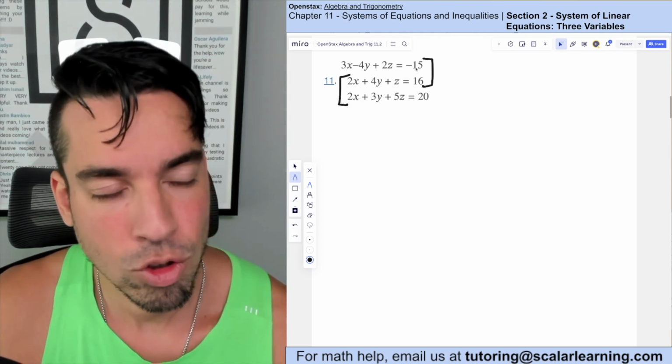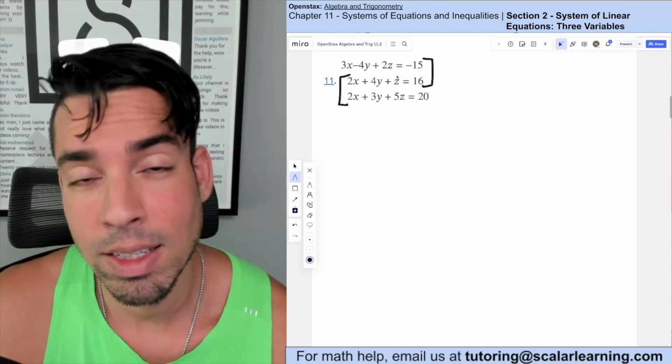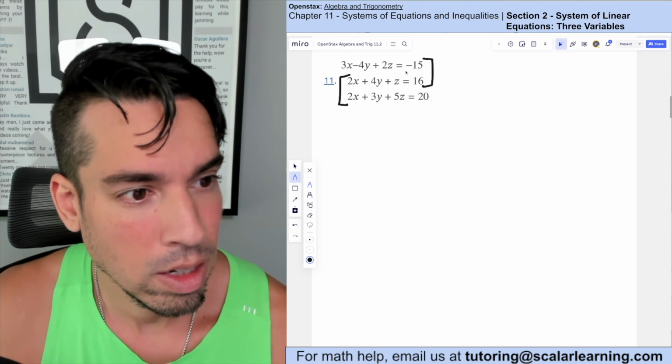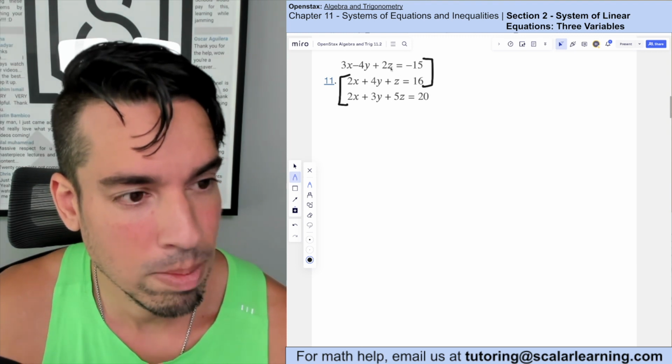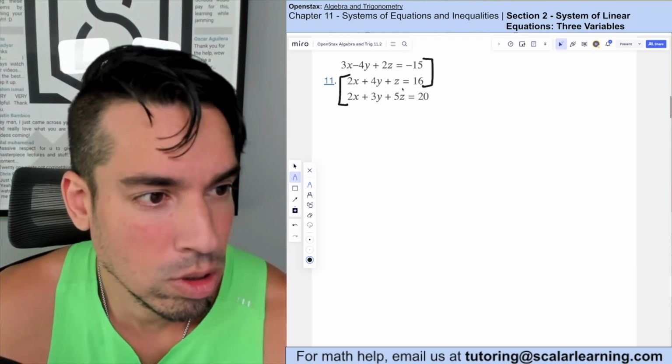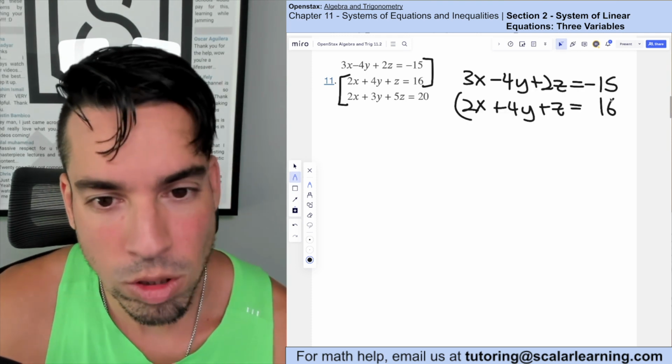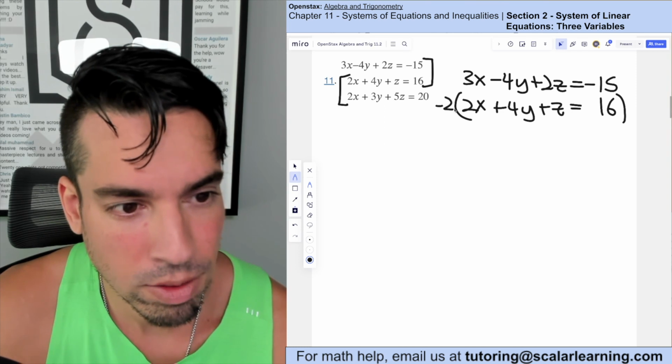Then within these groupings, I'm going to try and eliminate the same variable. And it looks really easy in the top 2 to eliminate z, and I'm just going to do the same with the bottom 2. I'm going to eliminate z as well. So check this out. So to eliminate z, I'm going to multiply the bottom one by -2, and that gives